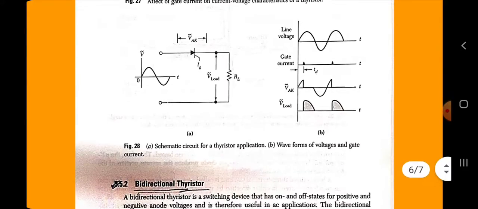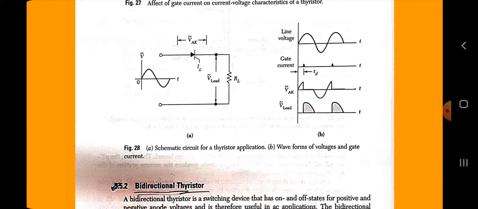A simple application of a thyristor is shown over here in this figure, where a variable power is delivered to the load from a constant line source. The load RL may be a light bulb or a heater such as a furnace. The amount of power delivered to the load during each cycle depends on the timing of the gate current pulses to the thyristor. If the current pulses are delivered to the gate near the beginning of each cycle, more power will be delivered to the load.